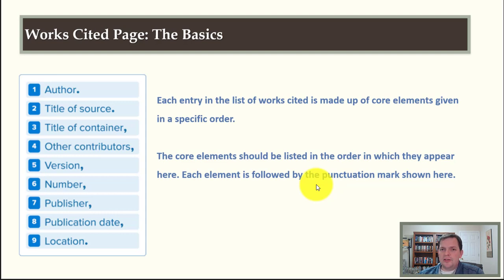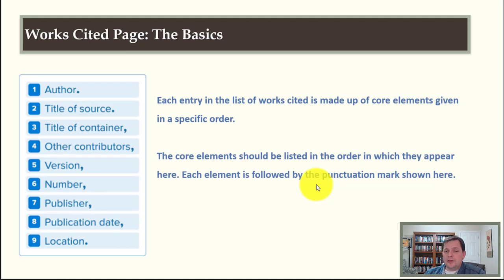If you have an author and an editor, you can look up on the website how to do that, but it will simply be the author, and then depending on if it's the editor of the single volume or multi-volume work, if it's an editor of parts of it or all of the work, the editor will be placed at slightly different locations. The title of the source is the next item here,